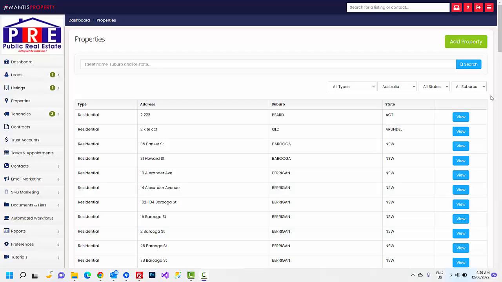The property section within MantisProperty makes it really easy to manage all the properties in your local area and also combine things such as tenancies, appraisals, and listings that belong to a property into a single record in your database. So say for instance you have a rental property that you list multiple times over the years and you have multiple listings for it. This will allow you to just have a single record of that property, and when you bring it up, you can see all the history of that property, including all the previous listings, all the previous